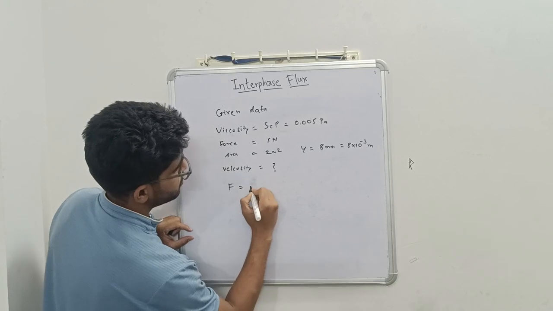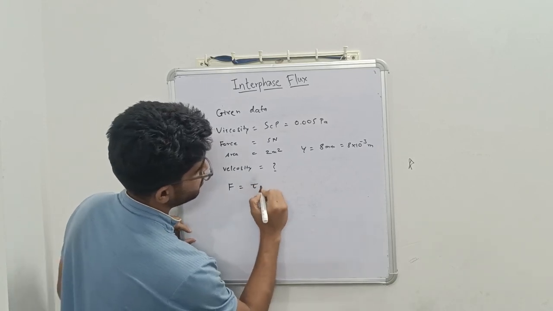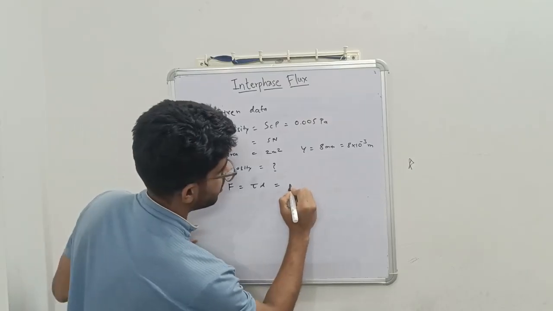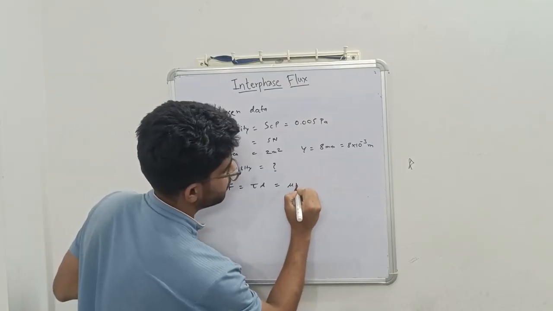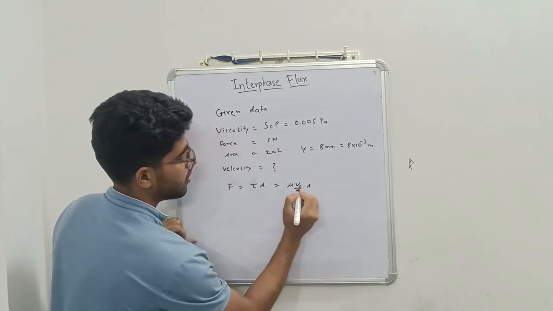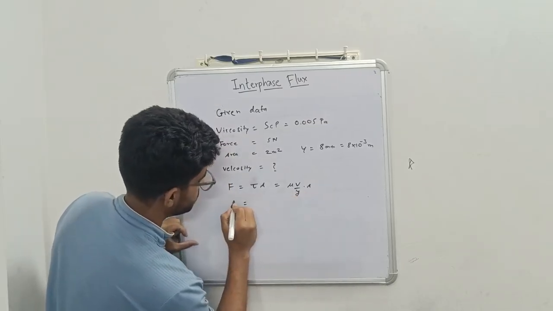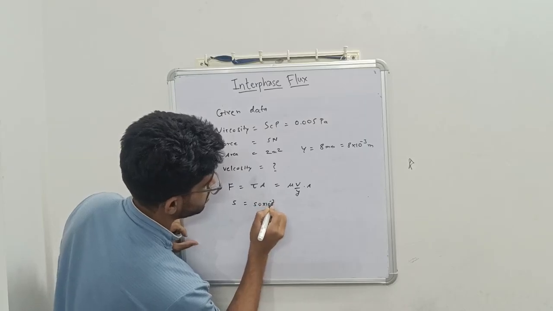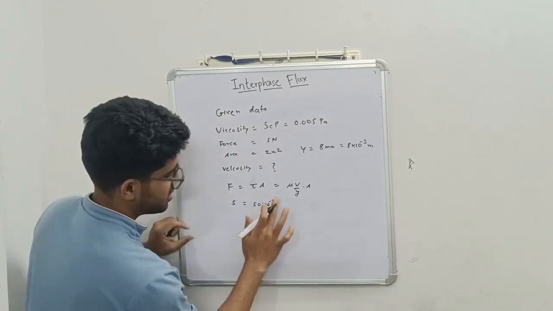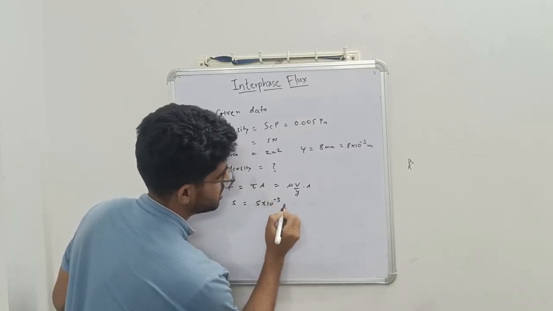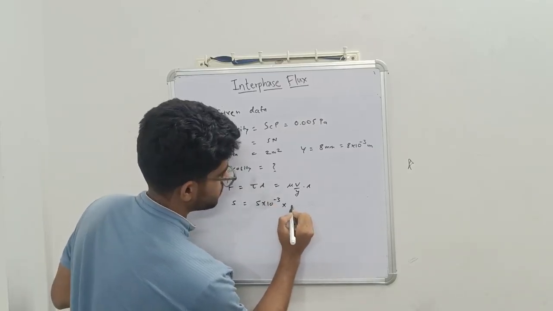We have given force which is equal to tau into area. Now how can we write this? Tau is equal to basically mu into v by y into area. We have to find the velocity, and the given quantity is force is equal to 5. Our new viscosity is 5 into 10 to the power minus 3, and the velocity is we have to find,